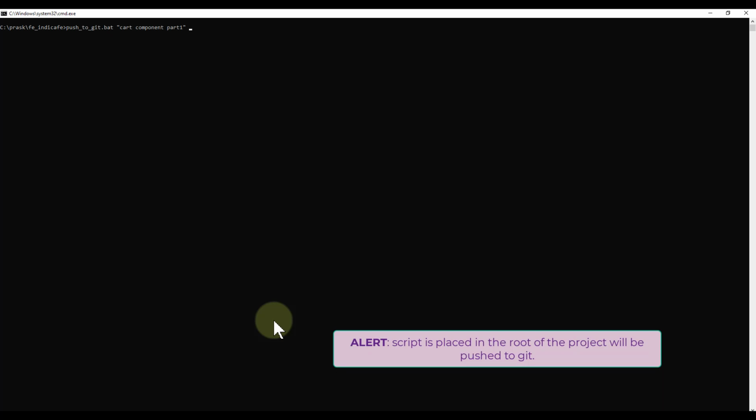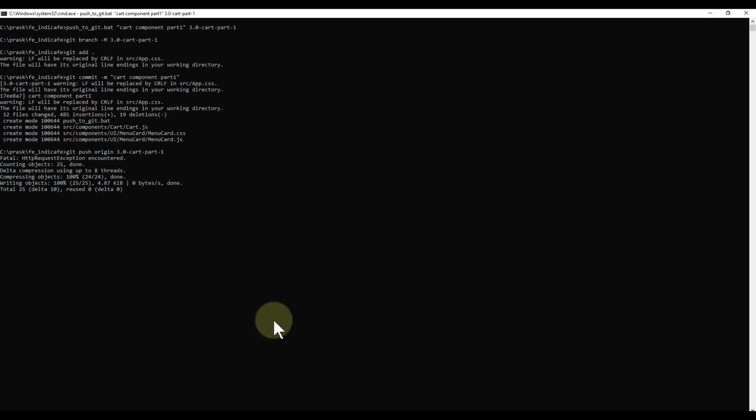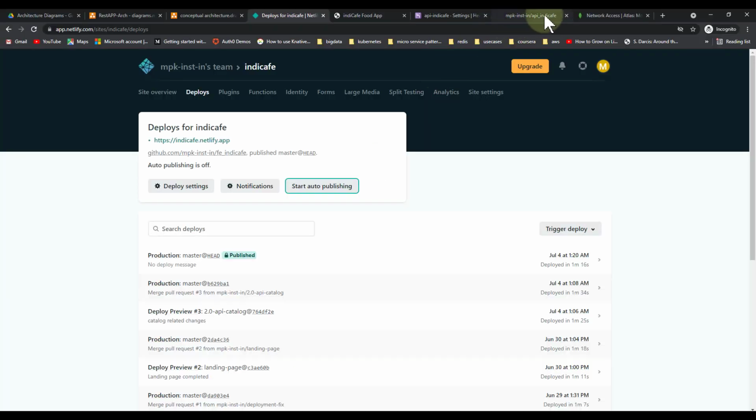Okay, and we'll also name it as 3.0 hyphen cart hyphen part 1. Okay, just to make it absolutely clear, press enter. It should be going up, and let's go over to our GitHub repository now, and hopefully we should be able